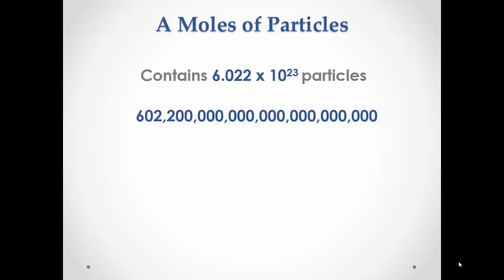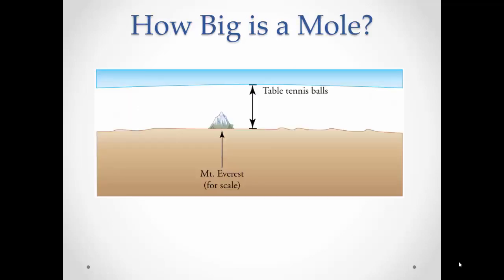In chemistry, we work with a similar unit called the mole. Because individual particles are so small, the number of items in 1 mole is really big. A mole contains 6.022 times 10 to the 23rd particles. It is pretty easy to say that a mole is 6.02 times 10 to the 23rd particles, but really, how